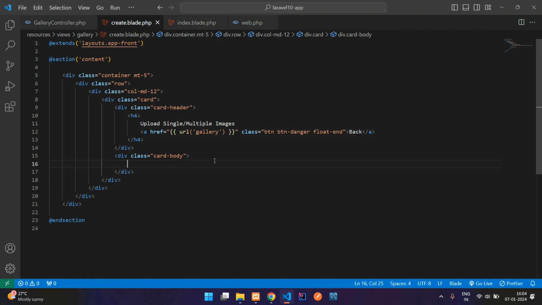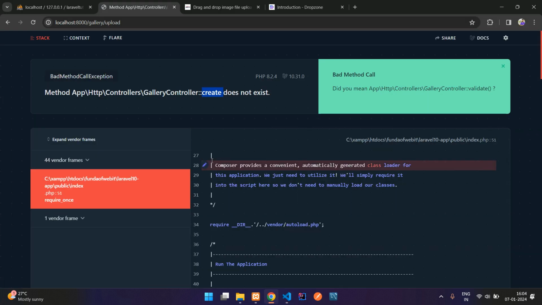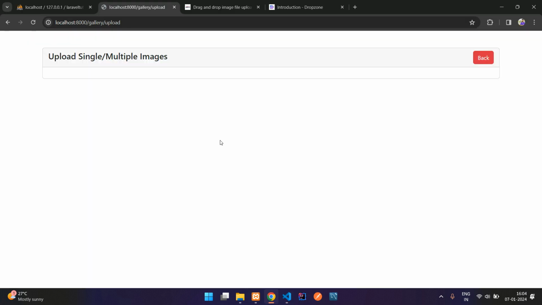And here our form starts. Before that, let us see the output. Refresh. Cool. So, upload single or multiple images. Now go back, so you'll be on this gallery page. Correct. So now guys, let's begin with the main concept of image upload using drag and drop, that is the Dropzone